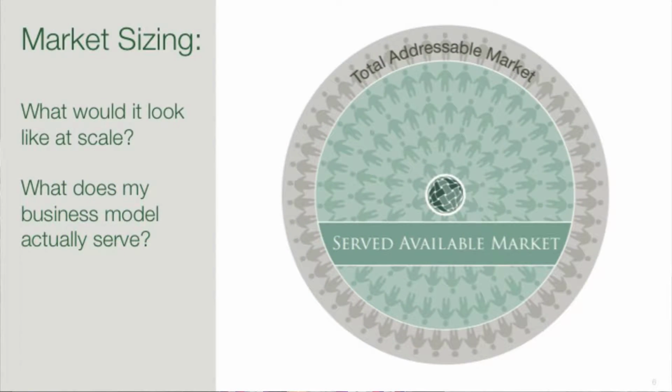Next, we talk about your served available market. So what that is doing is to say the total addressable market is a big number. Now, based on my business model, I can only go after a subset of that market. So, for example, in the clean cook stoves business, you have 3 billion people total addressable market. But given the fact that I have a cook stove, for instance, that I'm selling for $100, then I am not going to be able to sell that to some number of those people because they're not going to be able to afford that. And so now we have the served available market.